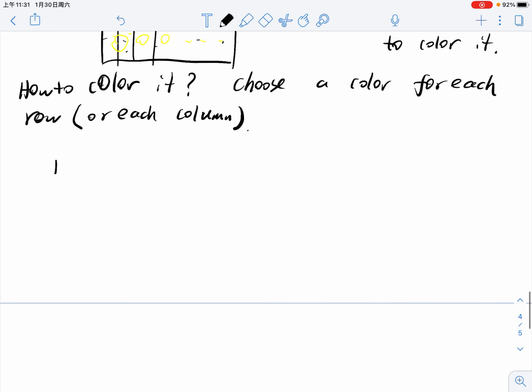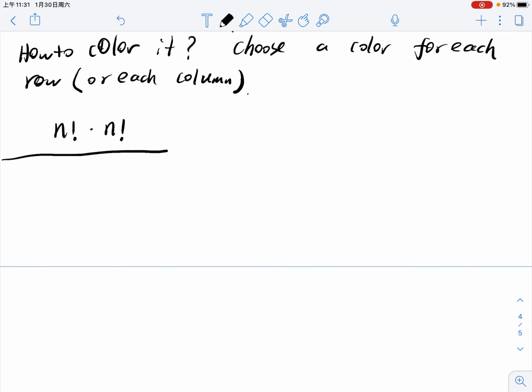Okay, so totally you have n factorial times n factorial ways in this case. And a slightly more complicated problem is,